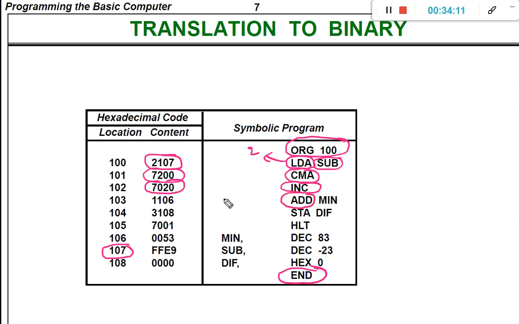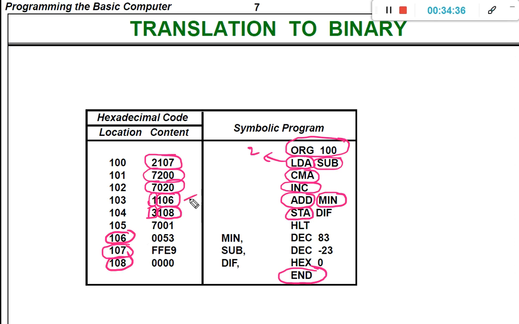So we know the hexadecimal code for ADD is 1, because we are using a direct address, and min is stored in 106. So the address is 1106. Next, STA. The code for store is 3 in hexadecimal, and the difference is stored in 108. So give the address 108.